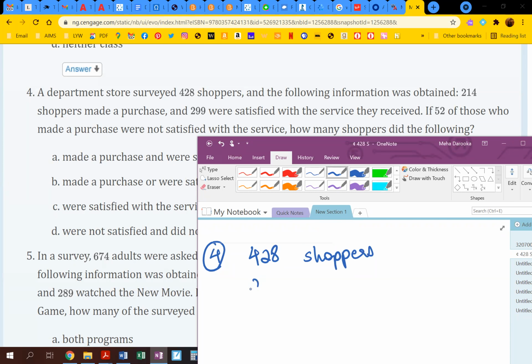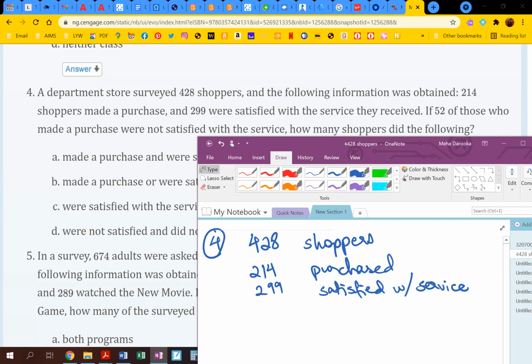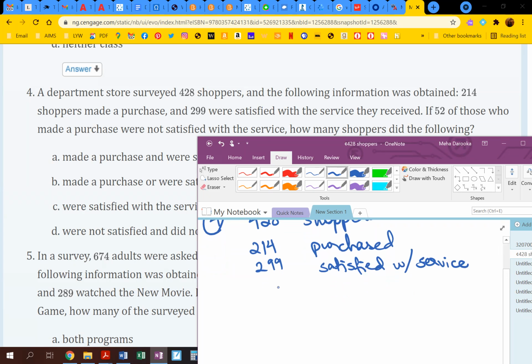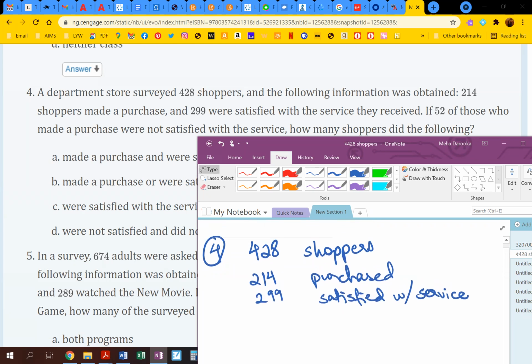Okay, they're telling us 214 made a purchase. 299 were satisfied with the service. And then they are saying 52 of those who made a purchase were not satisfied. So out of the 214 who made the purchase,